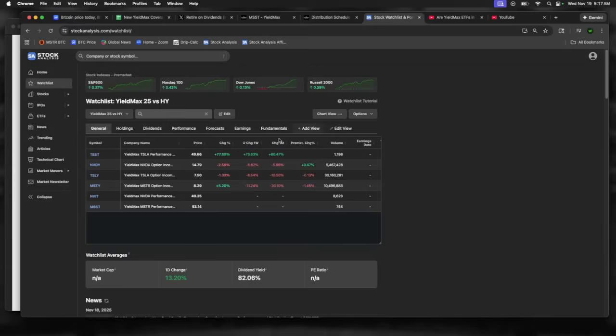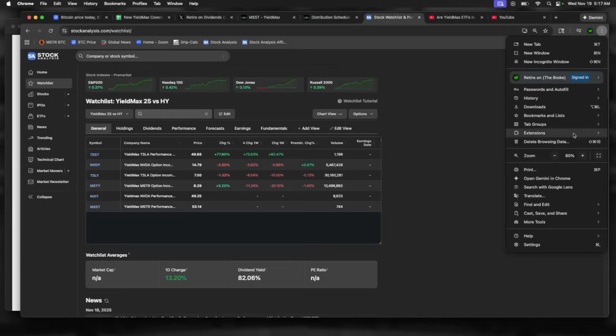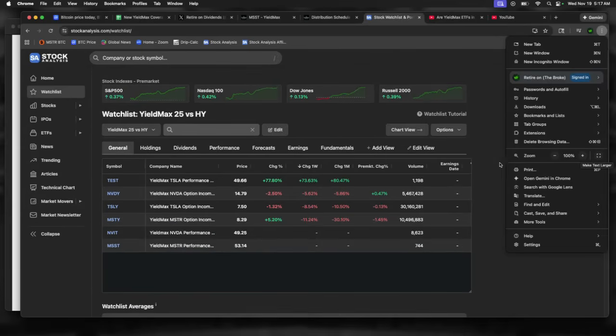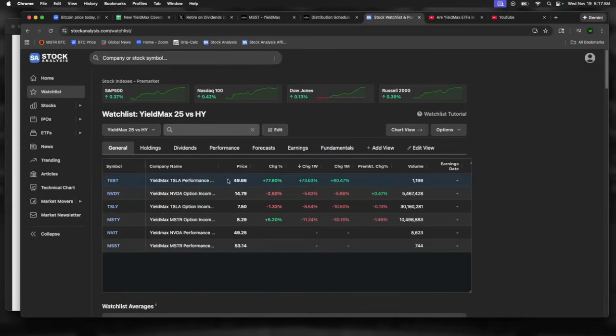Also, I created a watch list. I know you probably can't see this. Don't worry, I'll zoom in. I got your back. All right, so I'm gonna do a watch list. That way we can always compare the YieldMax 25s versus the YieldMax high yields to see. Again, since they just launched, it's gonna look a little